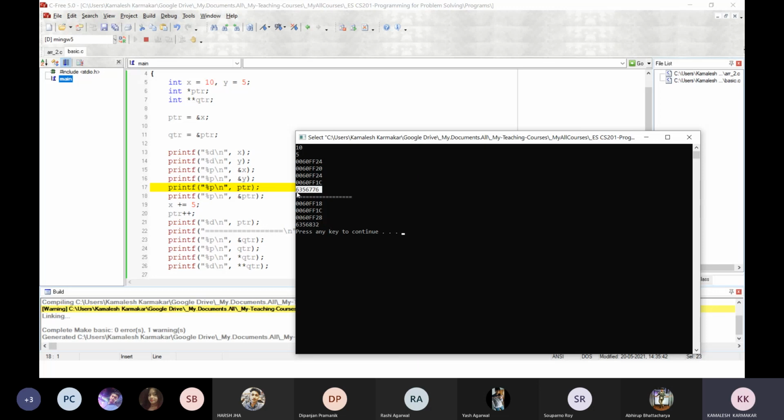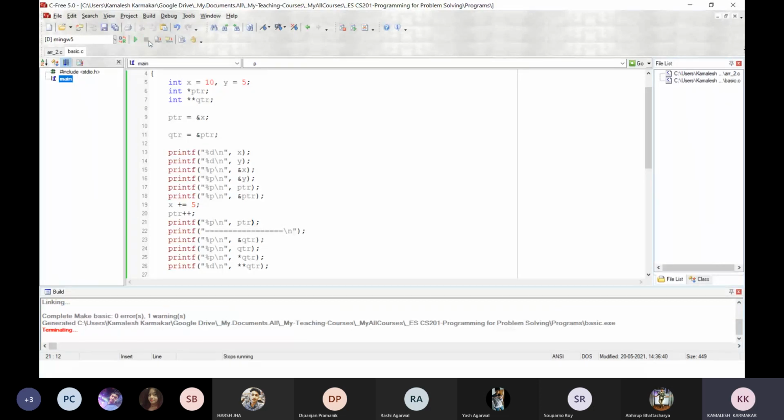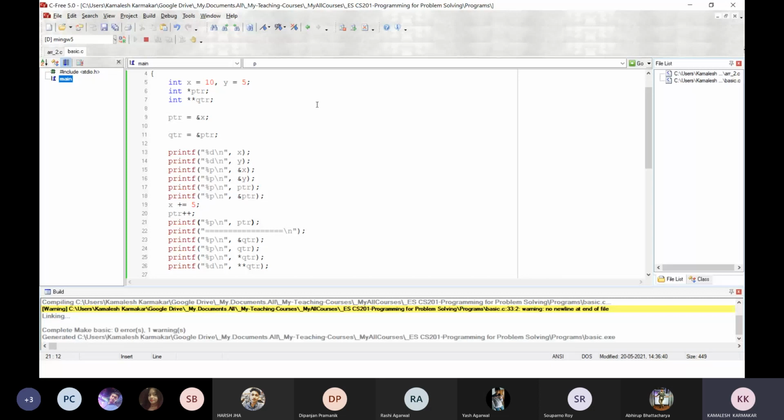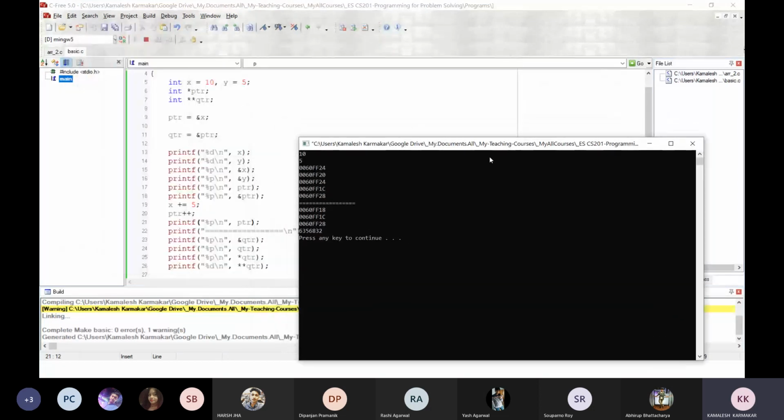Output of line number 17 is this. Okay. So I want to print it in hexadecimal form. So let us print it in hexadecimal form. Now it will be easier to understand what is happening here. So this line is 0060ff28.